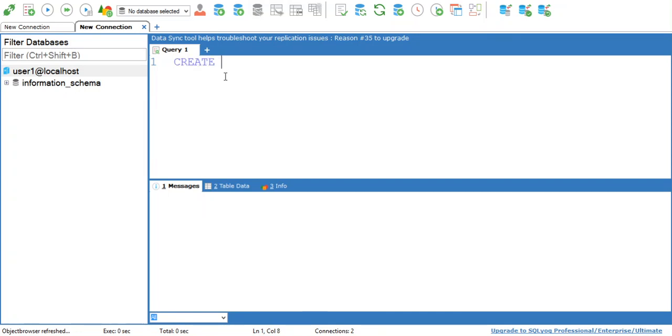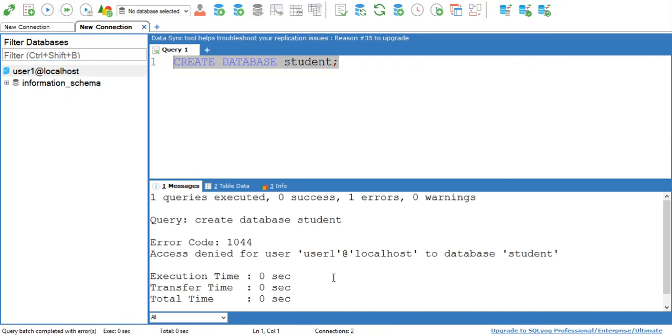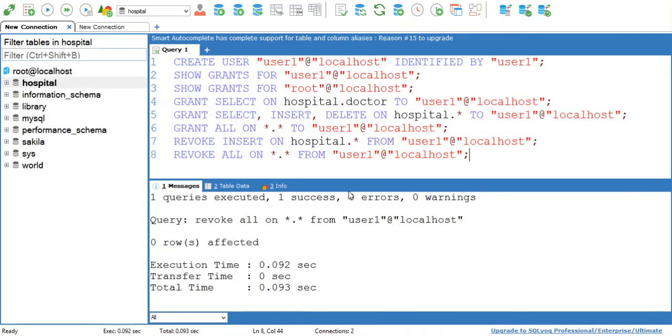So when you try to execute any query here, it will give you the error, that is access denied for user1 at localhost to the database. It means that when you revoke all permissions from a particular user, then that user will not be able to perform any of the operations. So this is all about create user, grant permission and revoke permission commands.